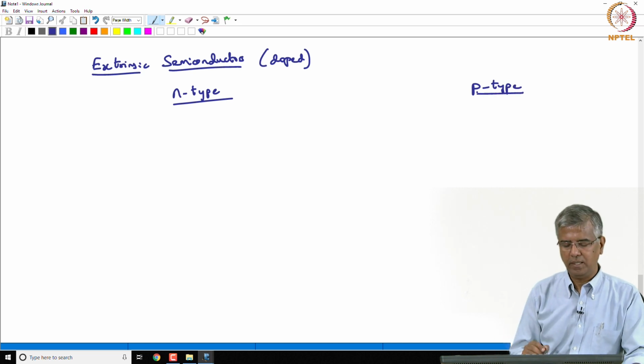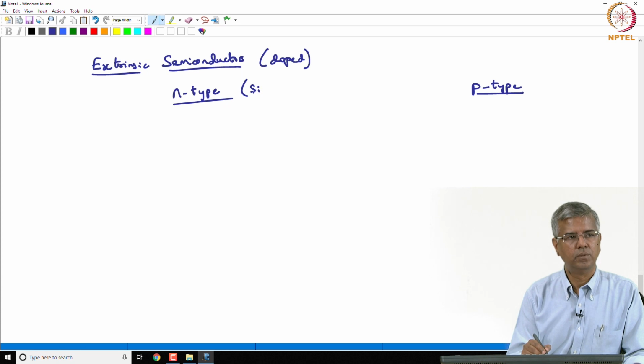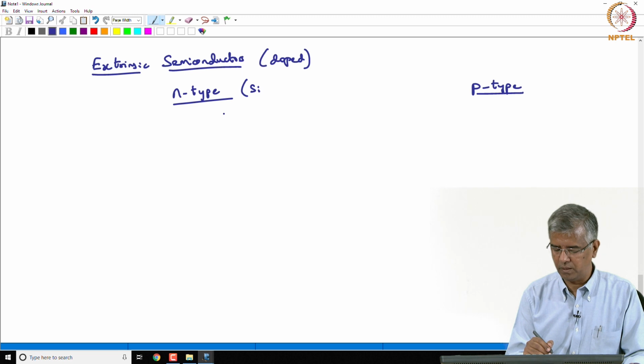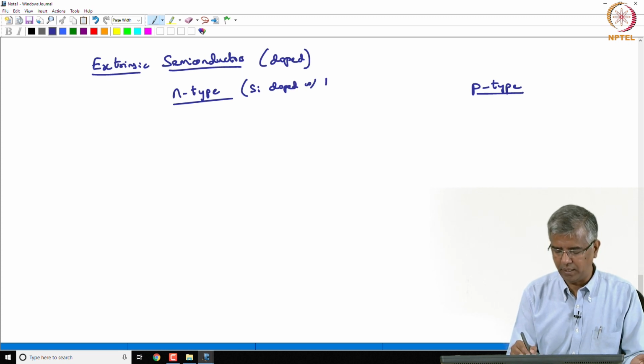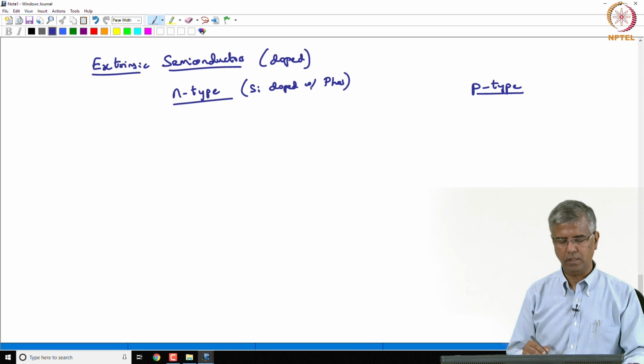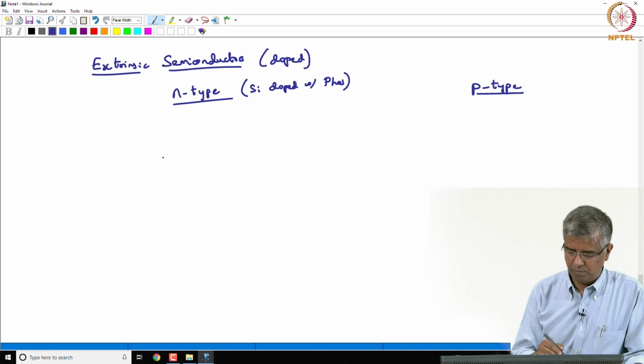N-type is where you have, let us say, an example of that is silicon, which is actually a quadrivalent semiconductor. It has 4 valence electrons, doped with, let us say, a pentavalent element like phosphorus, right. So, silicon doped with phosphorus can give you some interesting